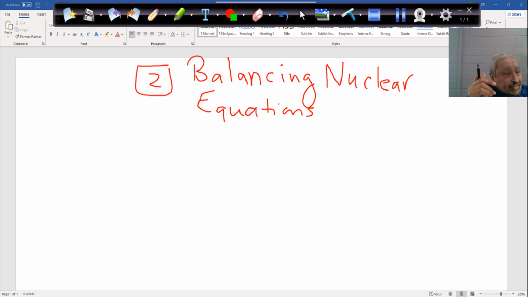mass. The atomic mass at the left side of the nuclear equation has to equal the atomic mass at the right side of the nuclear equation. And the atomic numbers at the left side of the nuclear equation have to equal what? The atomic numbers of the atoms at the right side of the nuclear equation. So pick up for me any element you want. Give me its atomic